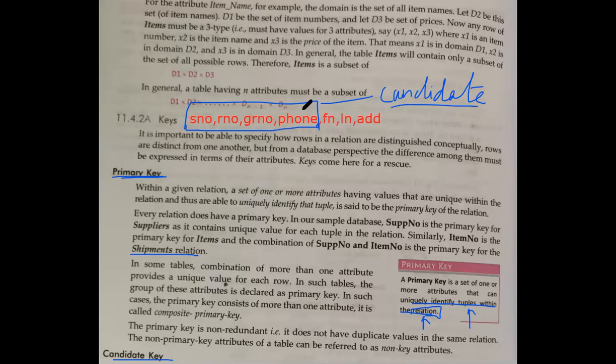Now when we have to make anything a primary key, we have to see the future aspects, meaning in future how we are going to identify the record. For example, I'm just giving you one example. Suppose in the school we are going to store your information. With what information are we going to access it? Is it your serial number, your roll number, your GR number or phone number, which we are actually going to use in future? What do you think?